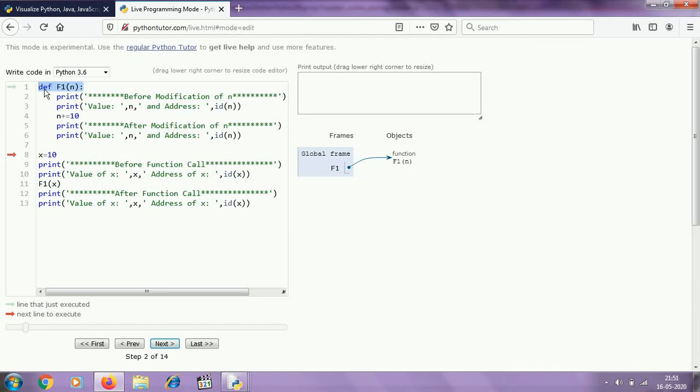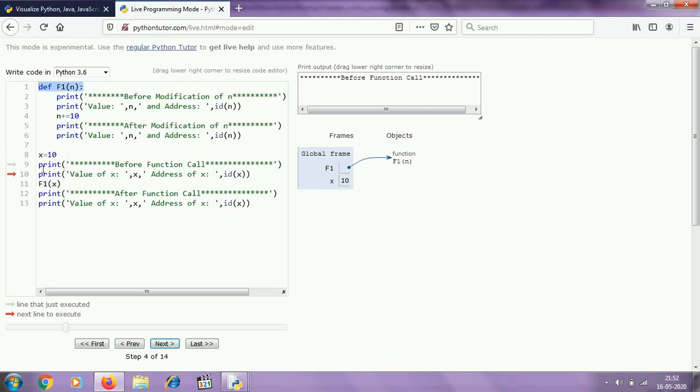So after execution of the first line, here function object is created in the memory. That means we have made a declaration that f1 is a function. Now x equal to 10. So 10 is an object and x is referencing this object 10.